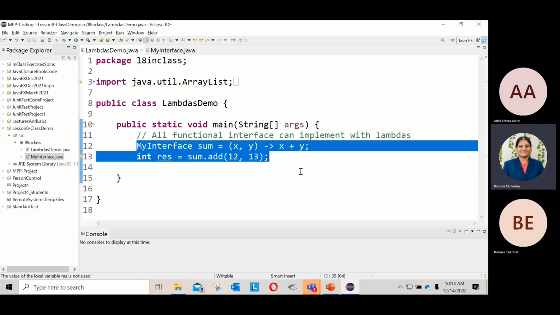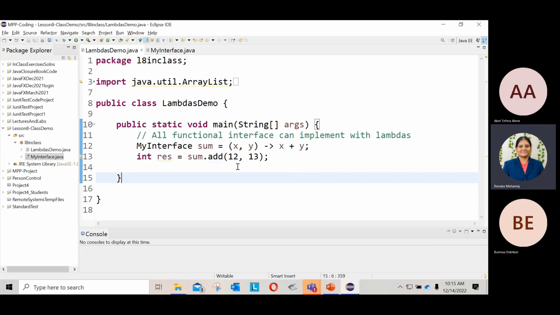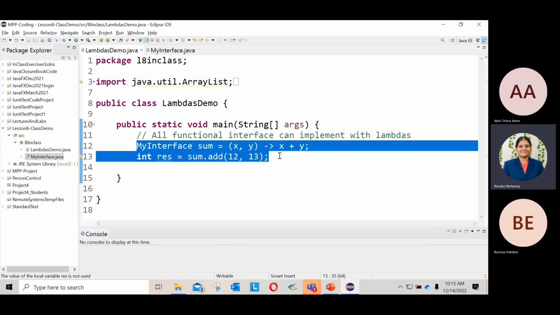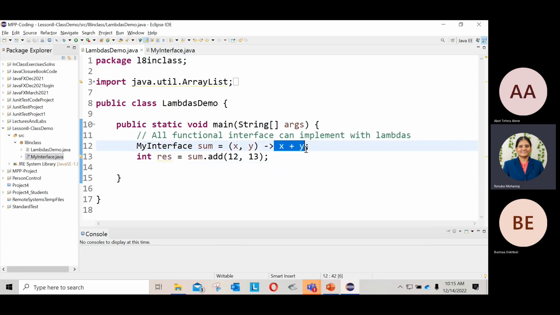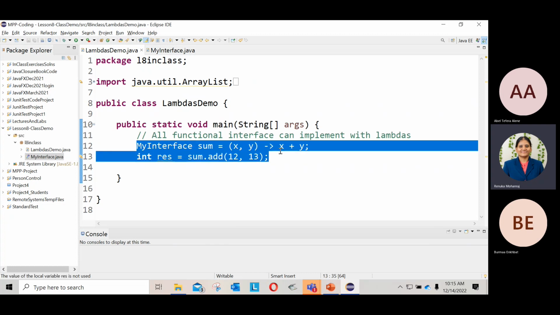Now you might wonder, for adding these two numbers, why should I have this functionality? But this is not the real purpose. We will learn stream pipelines tomorrow. All stream operations must accept a functional interface. We have several functional interfaces and methods, and at that time you will realize the importance of functional interfaces. Tomorrow, for better understanding, we'll go with simple examples, but this is not the real purpose. I could simply add two numbers, so why should I have an interface and add behavior? For understanding we are doing this, but this is not the purpose. You will realize it tomorrow.